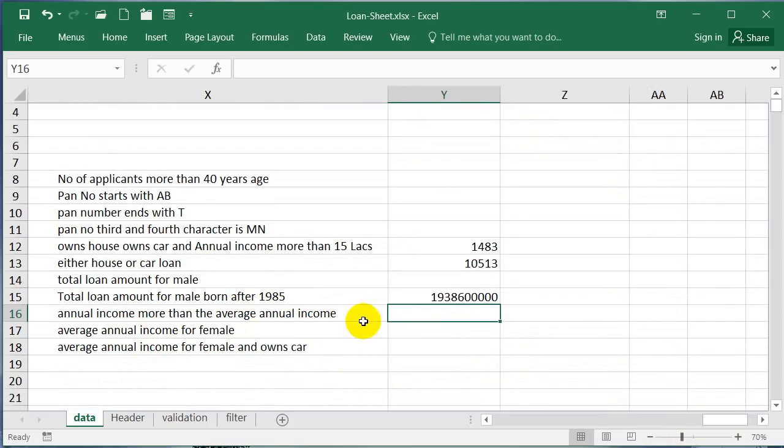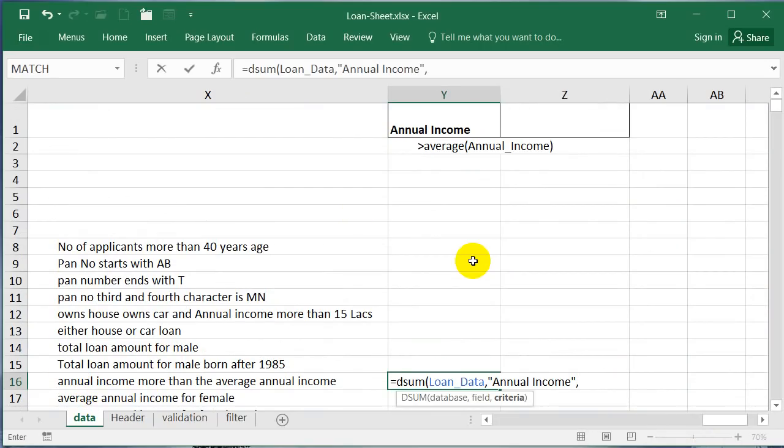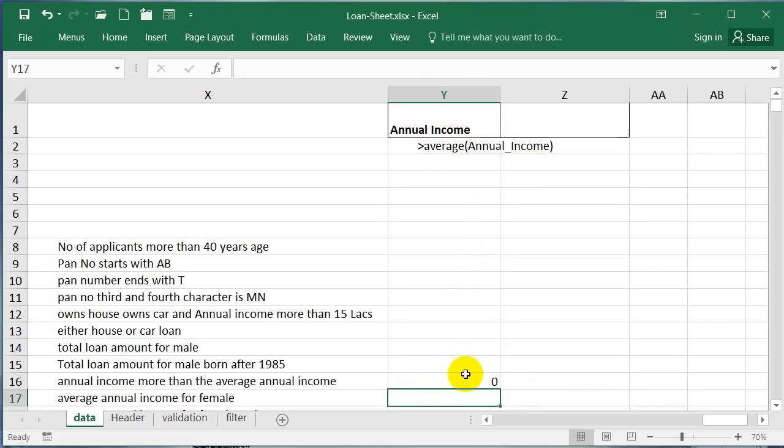Count of customers with income more than average annual income. So annual income, and what is the criteria? This. For this, annual income more than the average annual income.